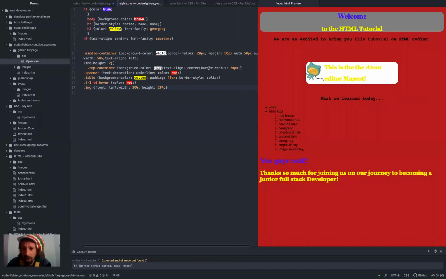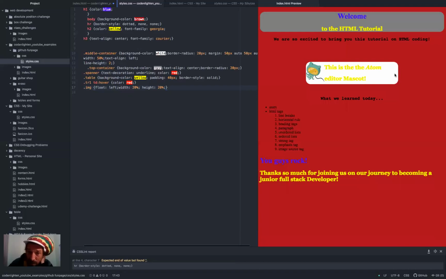All right, so what it's doing is it's making it 20% of this actual container. And I guess the container is going to take up as much space, I guess, as